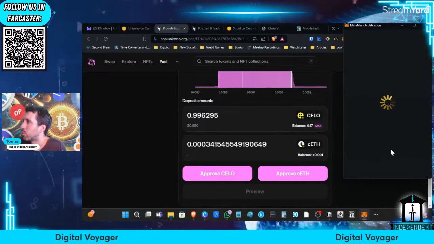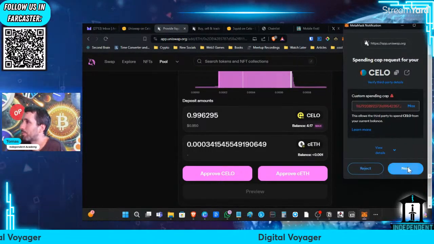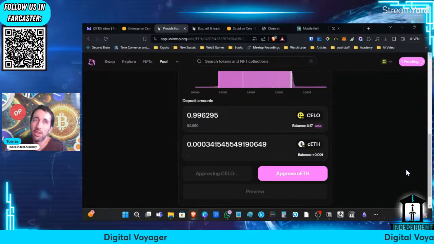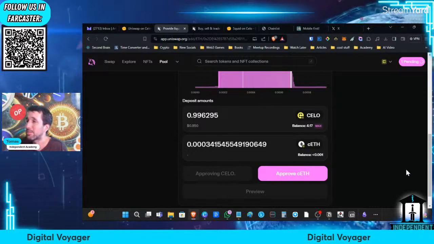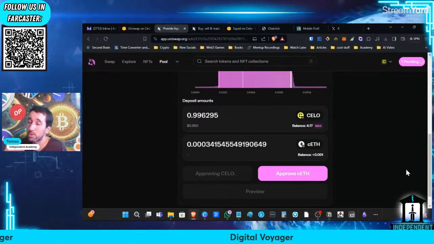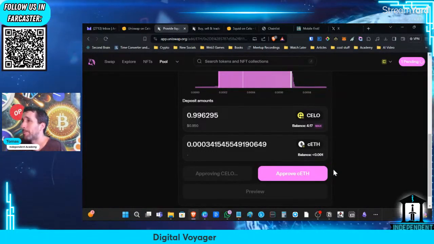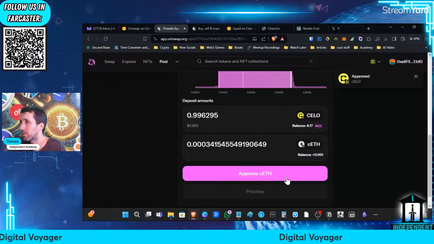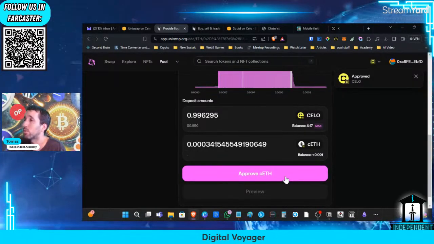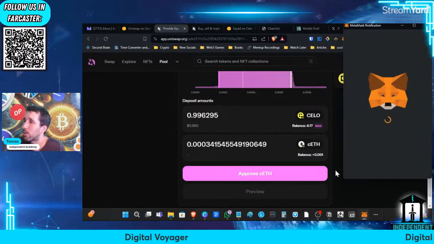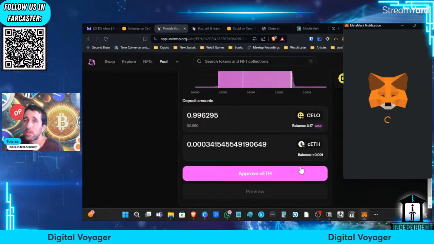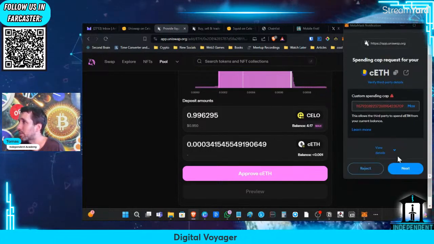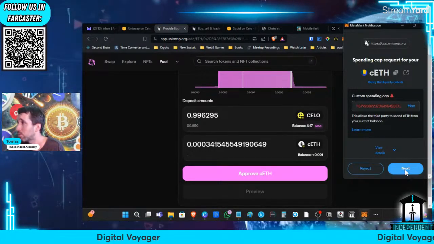So this is what people do when they try to yield farm with their tokens, try to deposit them into pools and then collect the fees. And sometimes there are some incentives that the platform offers on top. But you have to be careful when you're doing this kind of stuff. You have to understand what you're doing, especially the concept of impermanent loss, which if you don't know what it is, I suggest you don't participate in the liquidity mining pools.